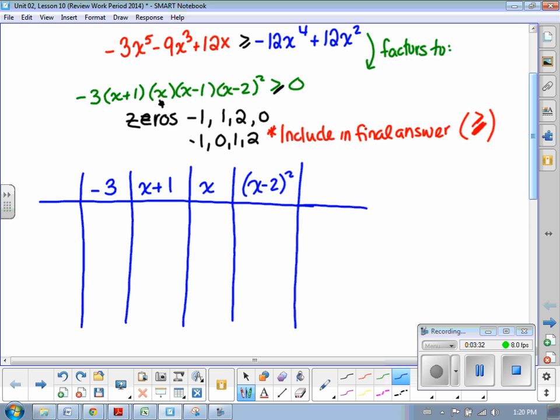And when you get to this point, it's very important when you do that x minus 2 factor that you remember the squared. So if you forgot to write, right here, if you forgot to write that squared, it would mess up your sign table because it changes whether it's positive or negative. So that's really important that you get all the factors written out exactly the way they are at that green